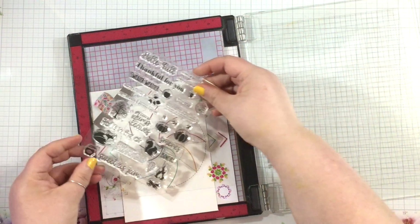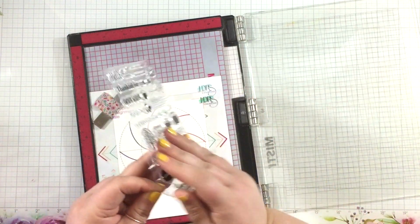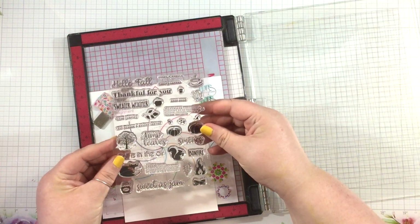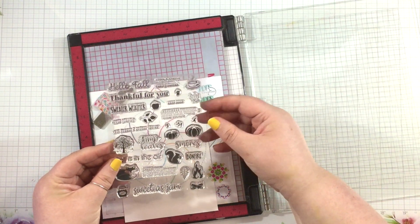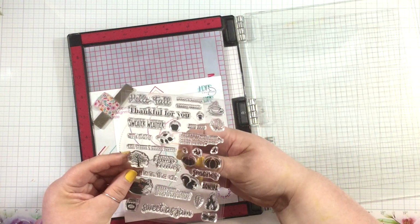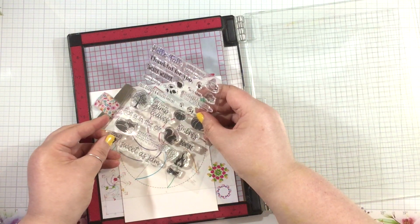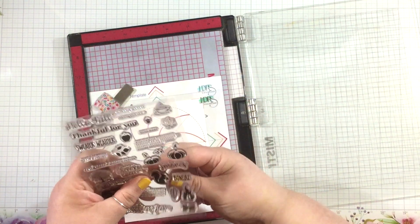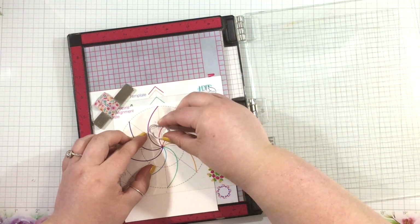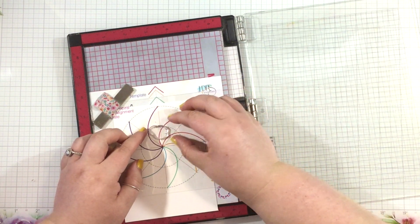Then I'm going to look at my stamp set and choose what stamp I want to start with. I like to start with the smallest at the center, and then I'll work out towards larger, but you can start with large and work out towards smaller if you want to. So I'm looking at my stamp set, and I'm going to choose a little image, and I'm going to line that up on one of those spiral lines. You can see that there's almost like a spiral grid, is what I'll call it. And as long as you stay between those spiral lines, you're not going to have any problem with your images